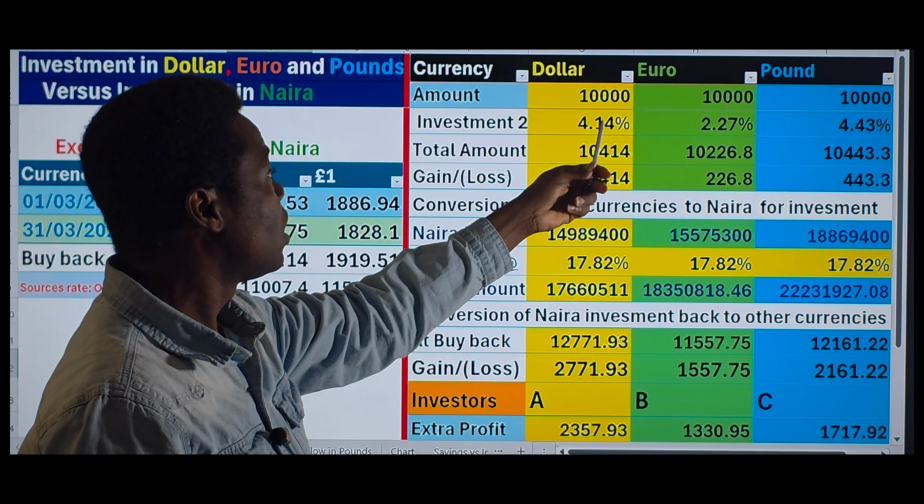For him to know the profit he makes, you have to remove his initial $10,000 that he brought into Nigeria for the investment. He will remove it from the 12,771.93 dollar. He will have a profit or a gain of